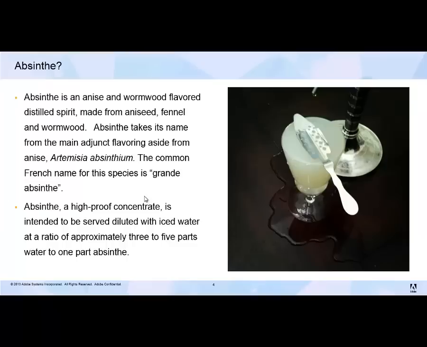So you take basically like an ounce of absinthe into a glass, and then you add a certain amount of ice cold water in order to actually lower the alcohol by volume level of the drink, but it also releases all the botanical oils and scents and flavors that are trapped within this high alcohol volume spirit.